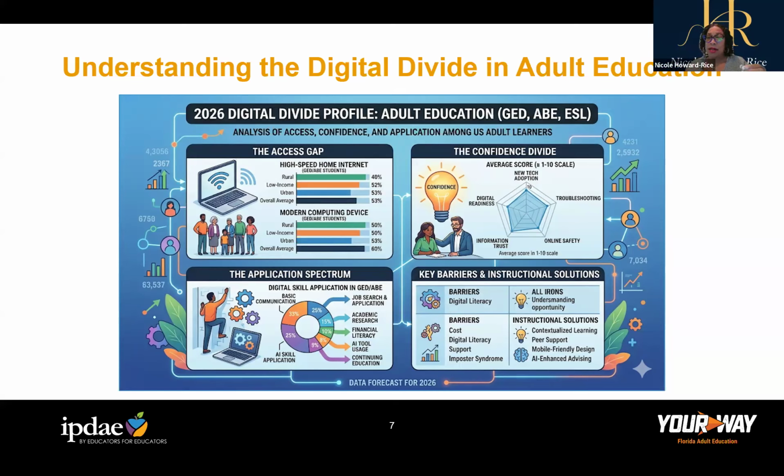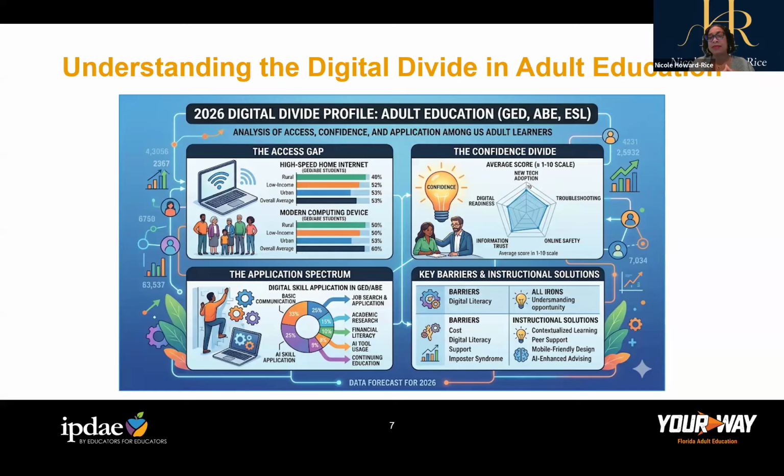How many of your students have issues with confidence? And then what is that confidence or lack of confidence rooted in? Most people think the digital divide is all about the device. It's a big deal, but it's not. Who has a laptop? Who has internet? Does anybody have something they want to say in the chat about that?